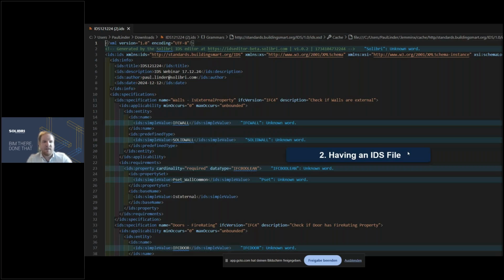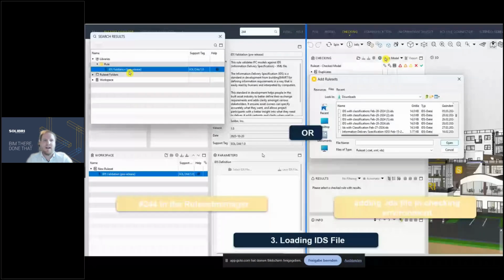it looks like that. So we can see here the specification, the applicability, where I said I want to check IFC walls, and also that the walls should have the value is external. But you don't need to focus on that. It's only for your understanding here. So I can now take this IDS file and open up the rule set manager and search for rule 244